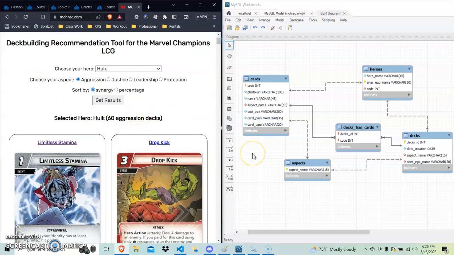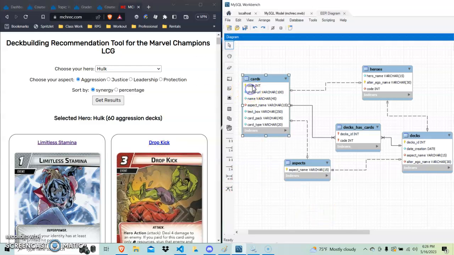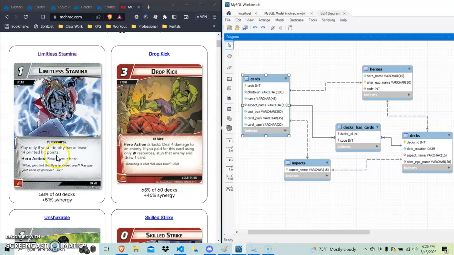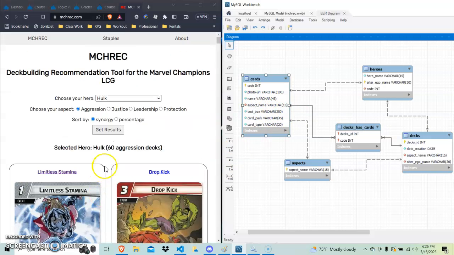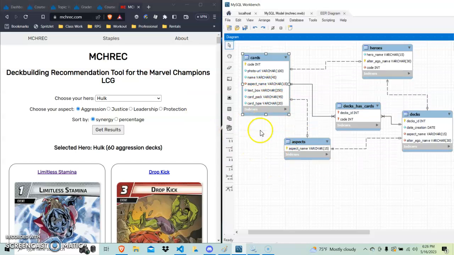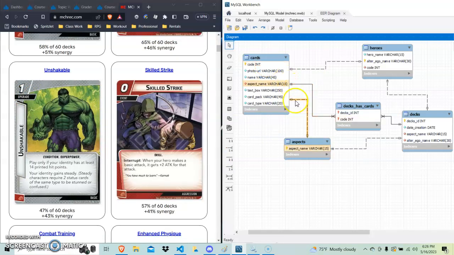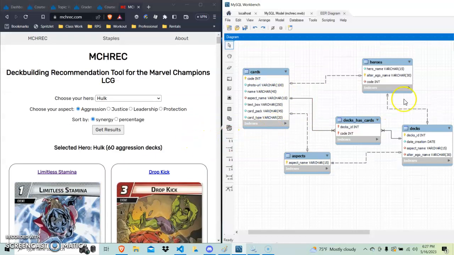Anyway, so the original version of our diagram is this. I've changed a few things up. So basically, each of these cards has a specific code that goes along with what this card is in the database. It has things like a URL for the photo, a name, and an aspect. So we have aggression cards in any deck. Can use basic cards, and you have the other aspects right there. Text box, what card pack it came in, what type of card, if it's an event or an upgrade or what have you. So the heroes that play these, they have